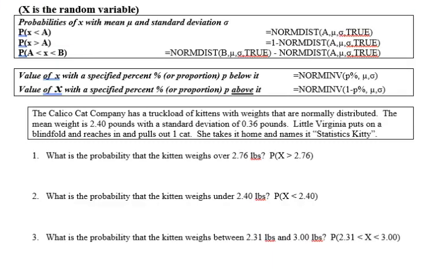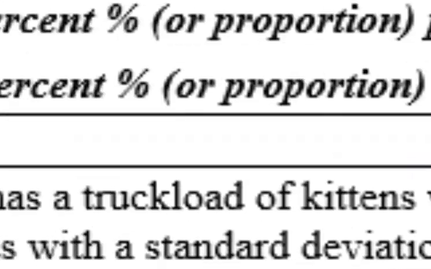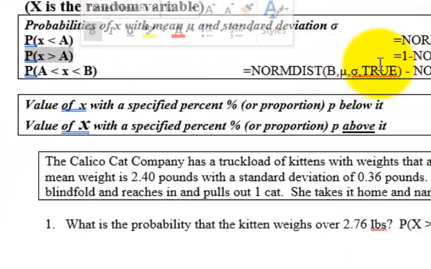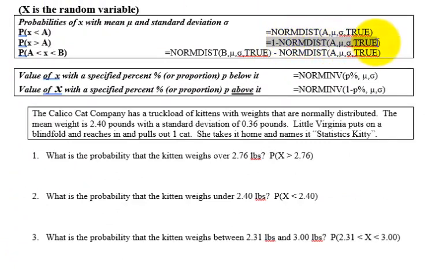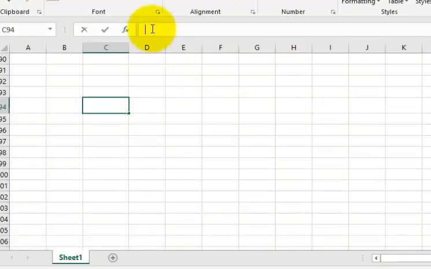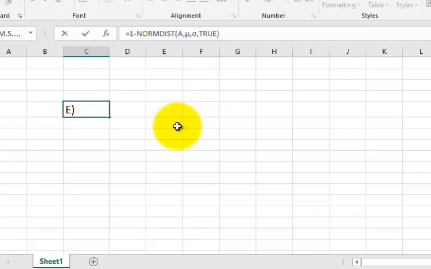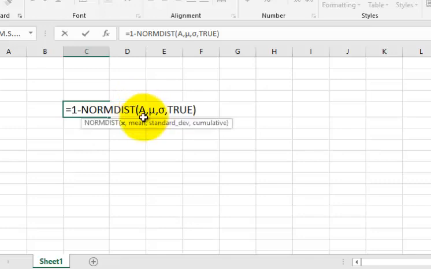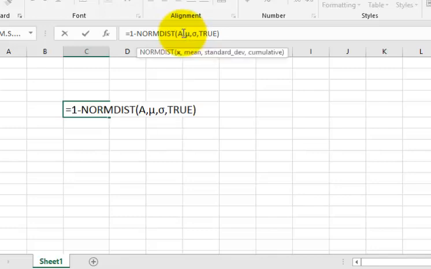Before we hit the Excel, let's figure out which one of these we're going to use. So the question is, what's the probability that the kitten will weigh over? So this is a greater than, probability that it's greater than, and we're going to use this one right here. I suggest you simply copy it and paste it. Go back to the formula bar and paste it in. And there's the formula. When you click the box again, it'll basically tell you what each one means. So A is your random variable, and in this question it's